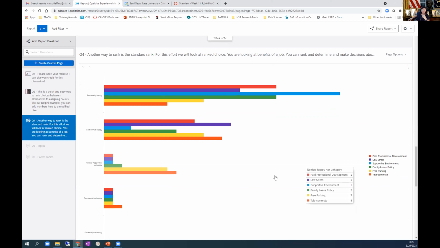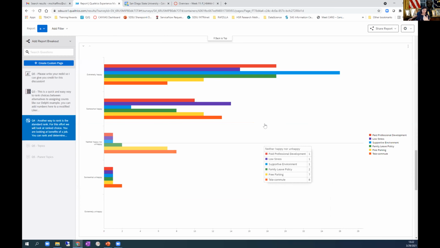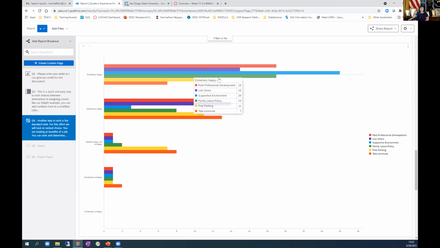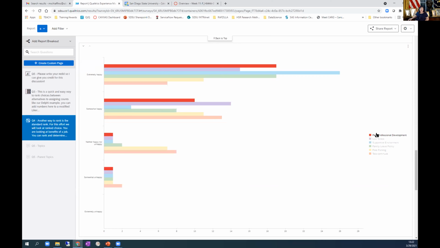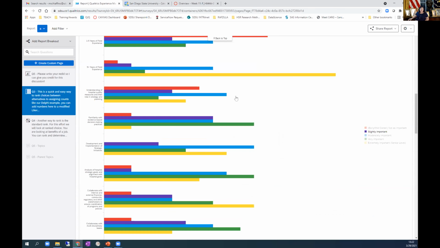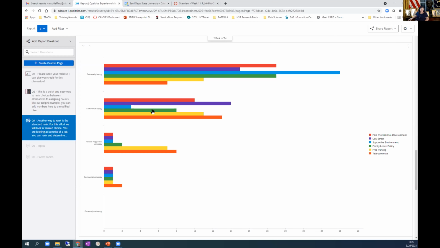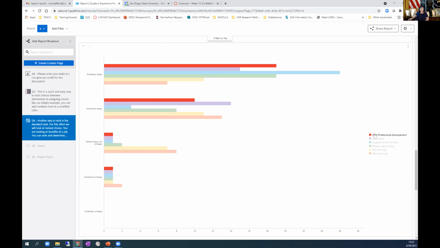ranking, right? Just ranking how you felt about something. So how happy something would make you. And this is very similar to what we did in the other section, but it makes it very easy for you to decide what choice. So you see the difference here is that it just flips the outcomes, right? So here it's the content, and then this is the categories. Here it's the categories, and this is the content. Does that make sense? I almost feel like this was a little easier to read, but it's kind of a